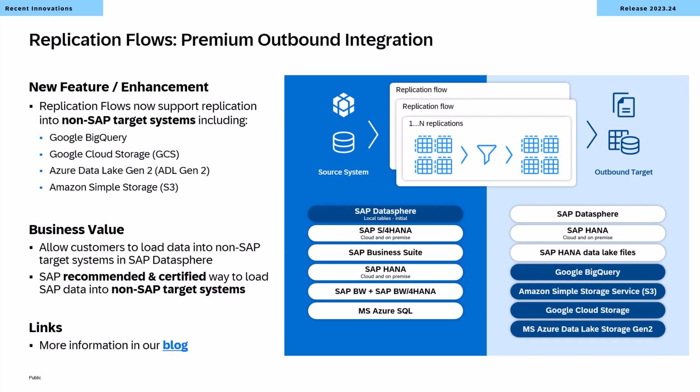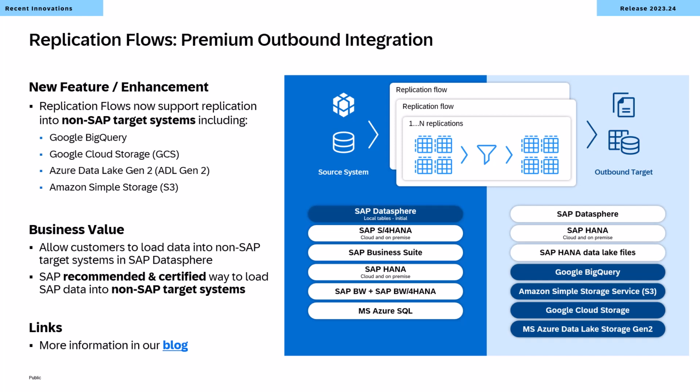And this is now the official, recommended and certified way to get SAP data from SAP Datasphere or other sources through SAP Datasphere to non-SAP target systems. So there's also, with that arrival of this new functionality, a series of blogs out there on the SAP community. I will show you that in a second here,